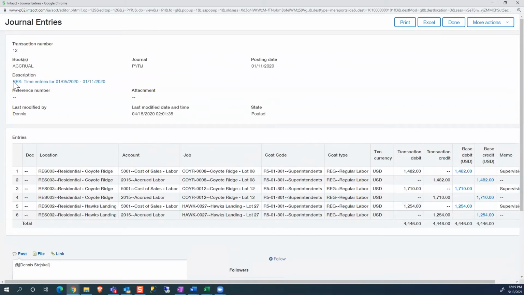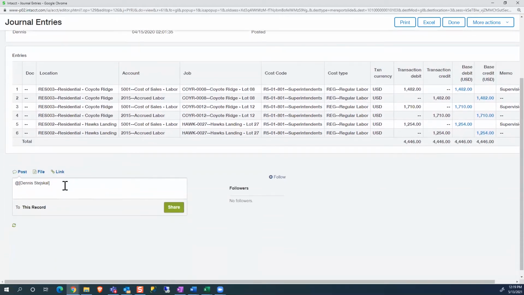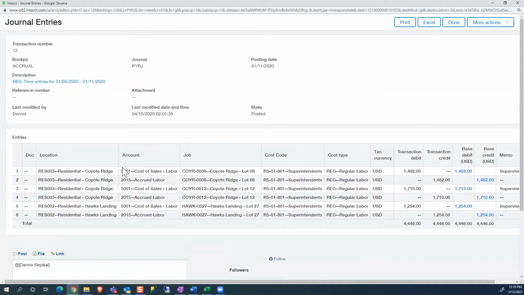So on this specific transaction for time entries, I could ask a question simply by typing the @ symbol, and I can start typing a name. So I just typed in @D, and it brought in a user called Dennis that I could then ask a question to in this environment. And when I ask him this question, he will get an email, be able to click on that email, and it'll bring him right to this transaction where he could answer my question.